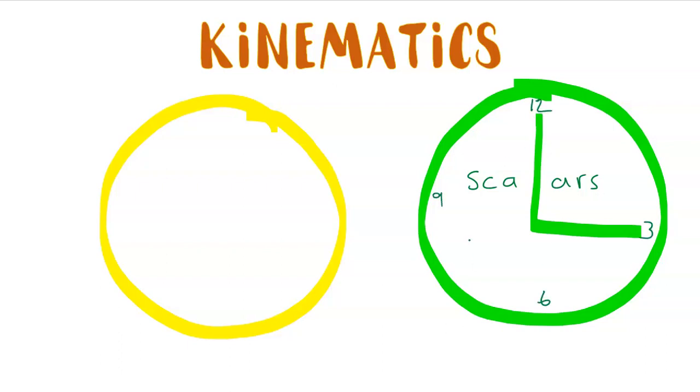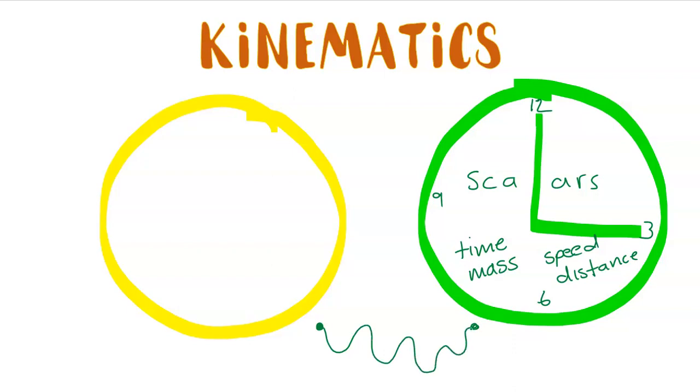So an example of a scalar will be time. Time doesn't have a direction. Mass is another one, in kilograms. It's just kilograms. No one asks you the direction of the kilograms of your body. Then the ones that we're going to work with obviously are speed and distance. So distance is, if I want to go from point A to point B, the true path that I follow to get from A to B. So it's usually longer than displacement,